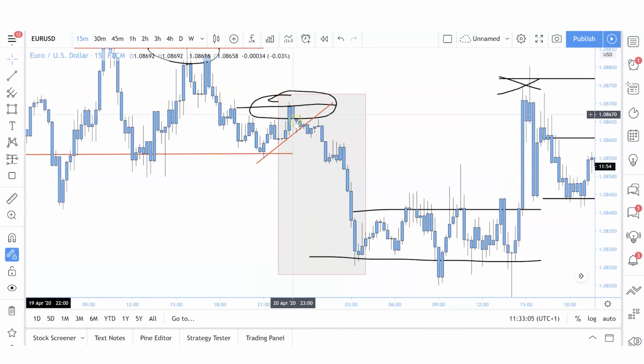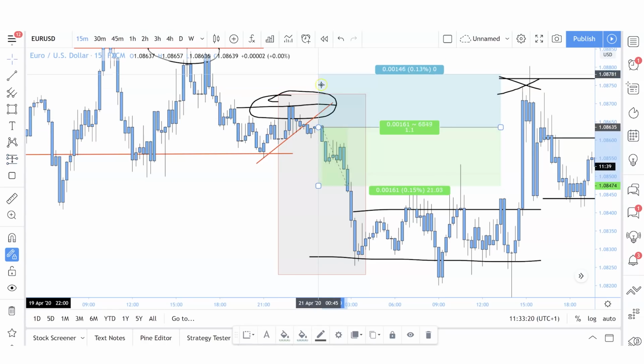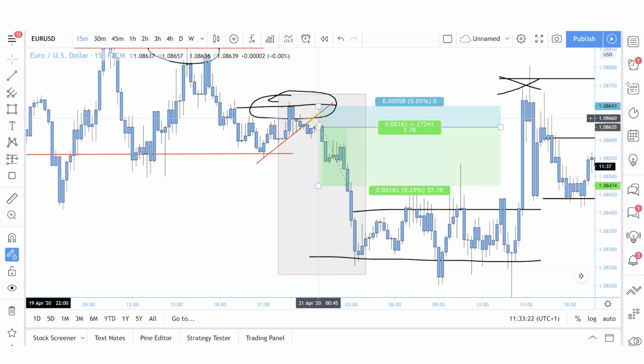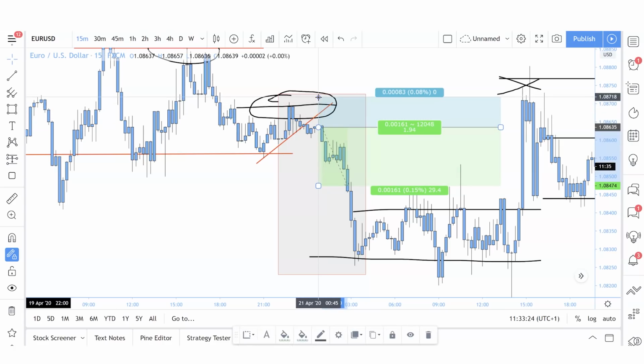But once I have a breakout of that structure and I have a pullback and I have a wick rejection, this is a great opportunity for me to take a trade. So now that I identify that pin bar, I can now take my drawing tool. I will take all these trades as an instant execution, and let's say we place our stop loss either above this wick or this wick for a more passive entry as opposed to aggressive,